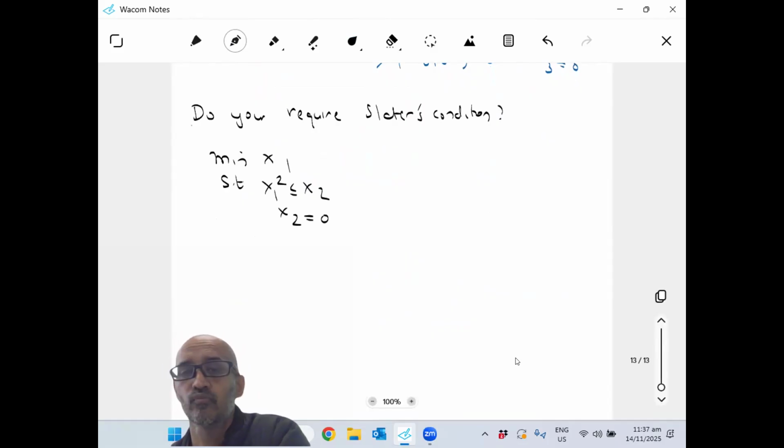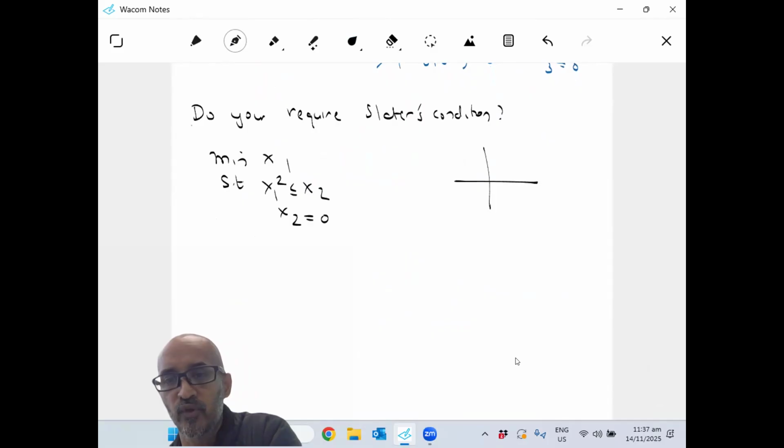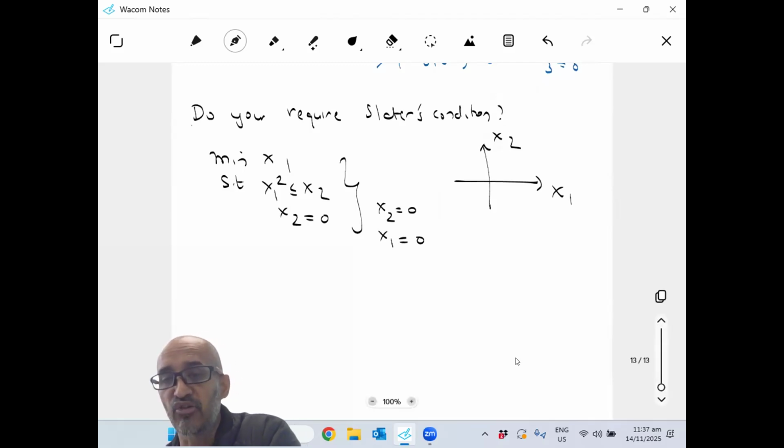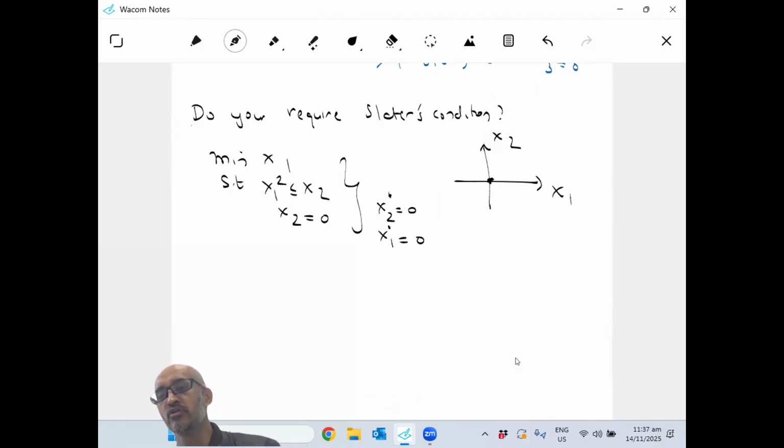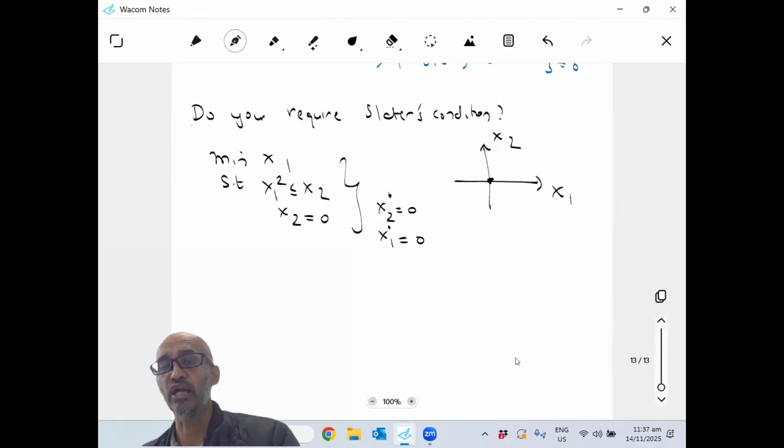You look at this problem. This is x1 and x2. It's got a trivial optimal solution: x2 is 0 and x1 is equal to 0. There's actually only one feasible point in this problem. That's the optimal point. Now if you write down the KKT conditions for this problem,